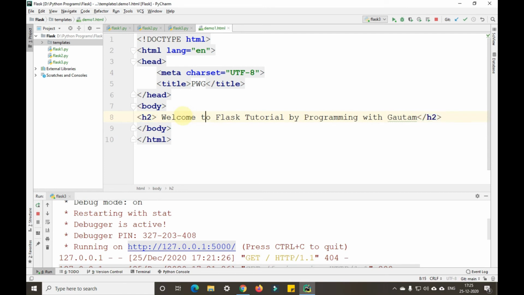Here we'll pass a value, that is, we'll pass d here. For that I'm using the template tag. Inside it I'll give d. So that is the template tag, as you can see. Welcome d to Flask Tutorial by Programming with Gautam. Otherwise we'll give welcome Mr. or Mrs. to Flask Tutorial by Programming with Gautam.